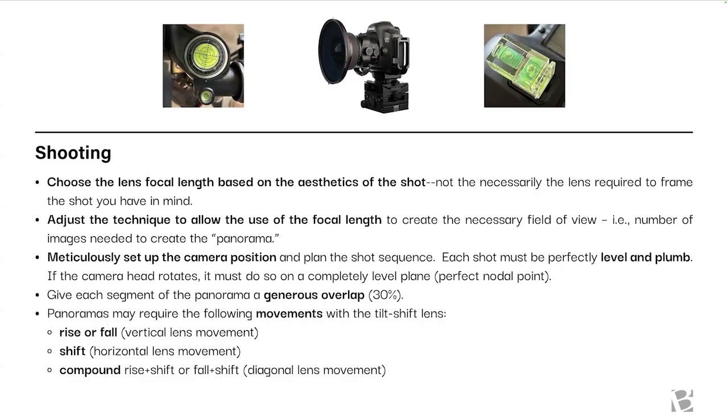So typically I will set up a shot and I will compose an image based on the relationship of the objects in the shot, where I like them, but that may not be the way I want to frame the shot. So I may set things up based on where I want a column and a table and people or whatever in the shot, but that may not be the position that the shot is best framed from. So I can use these compound movements in the tilt shift lens to then tweak that shot in a direction that might be going,